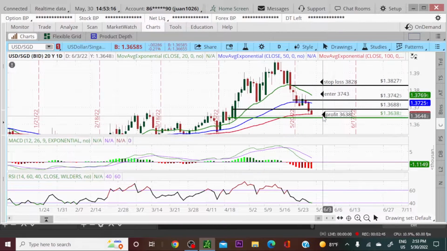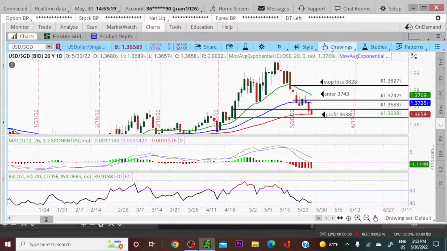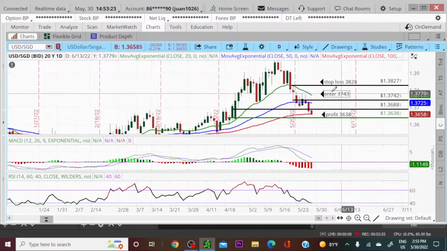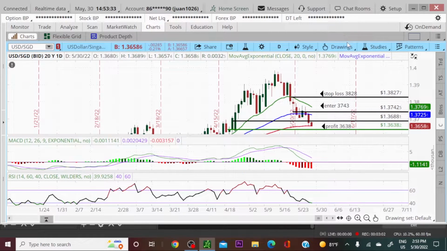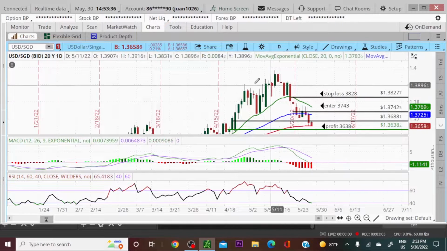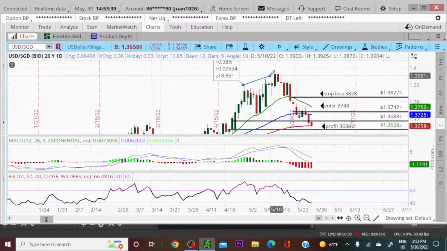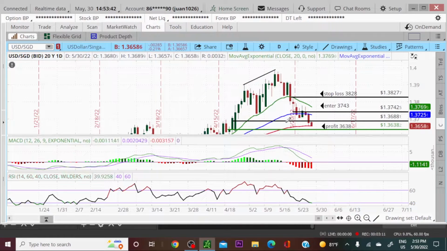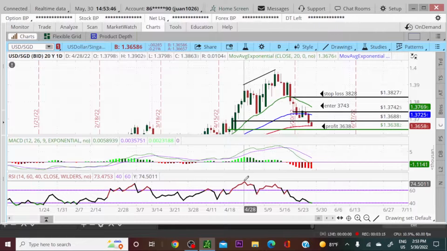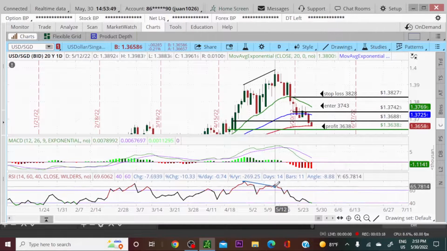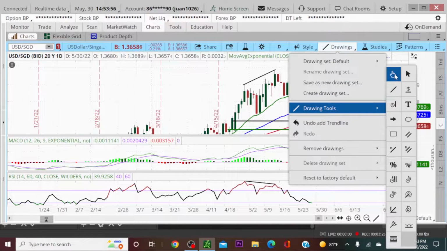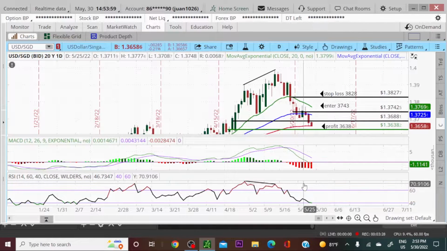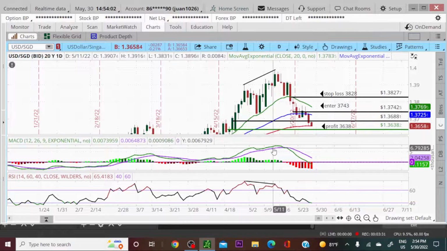So you can see. Okay, we go here. You see right here. Let me go. Okay, come on now. You're going to see the divergence. The reason that I took this trade, okay, right here, and you see right here, this is what I call divergence. Divergence is a very strong indicator. And RSI, right here on a MACD,